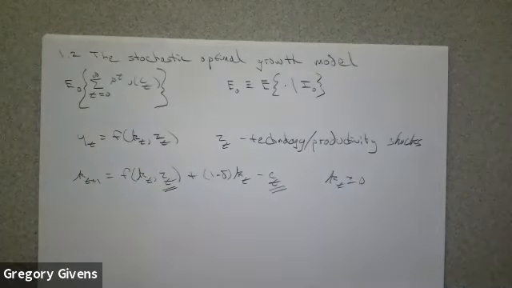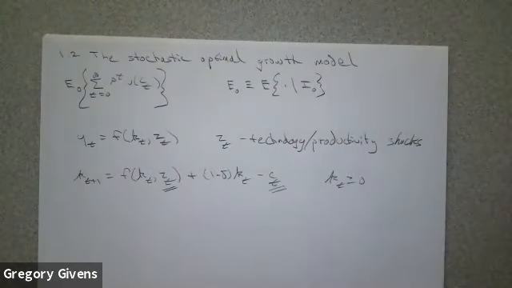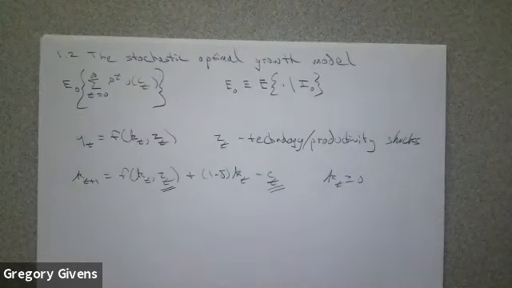This is an important point that you've got to understand about these stochastic models, is that the endogenous variables, consumption and investment, or the capital stock for next period, don't just depend on today's technology shock. They depend on the entire sequence of technology shocks up to that particular point.